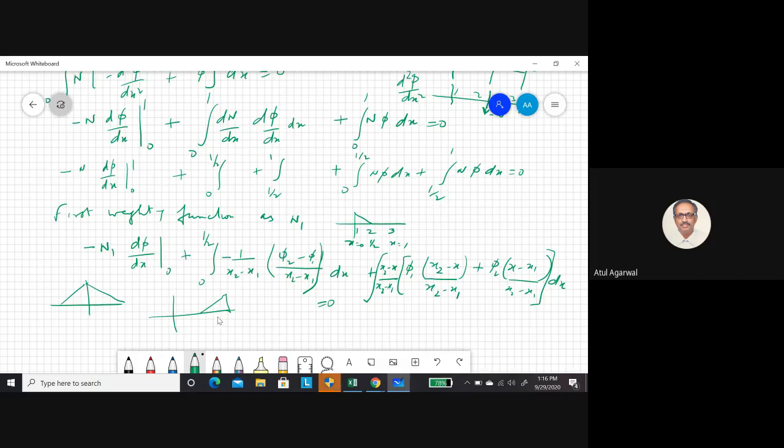So here you see this weighting function is 0 in this region. This weighting function is 0 in this region, while this is having value throughout the domain. So this helps in finding solutions piecewise. We get the values of phi 1, phi 2, phi 3. We have got 3 unknowns, which we have to find that satisfy our differential equation as well as our boundary conditions. And we have a piecewise solution instead of a global solution. This is the approach used in finite element method. More of it we will clarify later.